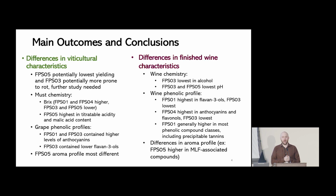There were, which is good. But these results were a little complex. Some differences were bigger and smaller than the other ones. Due to lack of time, I'm going to touch on just a few of them. In terms of starting must chemistry, clones 1 and 4 were harvested at higher levels of Brix, meaning that these clones could potentially be more early ripening, which could be helpful for producers if there's a wildfire threat, labor shortages, et cetera. Clone 5 had the highest level of malic acid,